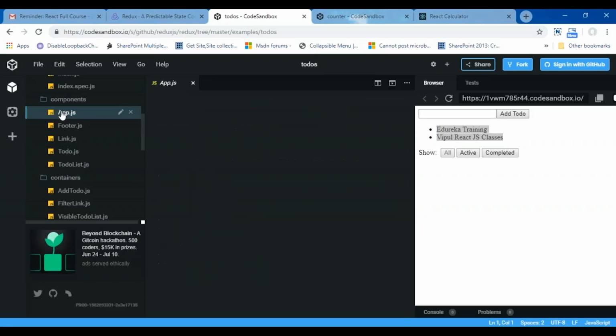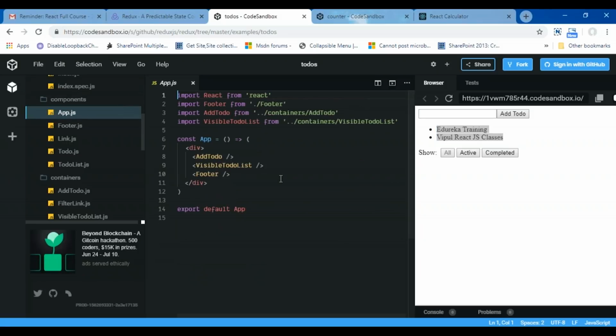Now if I talk about app.js, what is this app.js? This app.js is basically calling add to-do, visible to-do list, and footer components. It is calling the three components, so you can say this is the root component that renders everything else. Whatever is getting rendered as an output on the screen is because of this app.js.